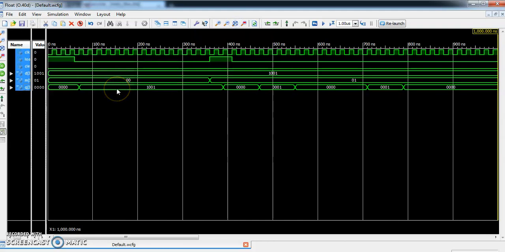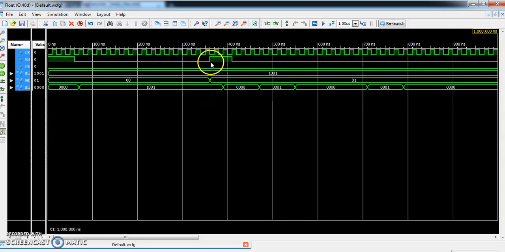Okay, now you can see here initially the value of load is equal to 1 and the value of D3 to D0, means the value of D, is basically 1001. After 4 clock cycles you can see output is equal to input, means we have parallel in parallel out mode.